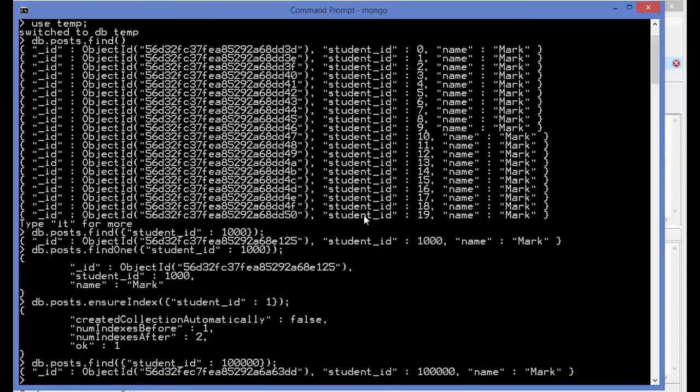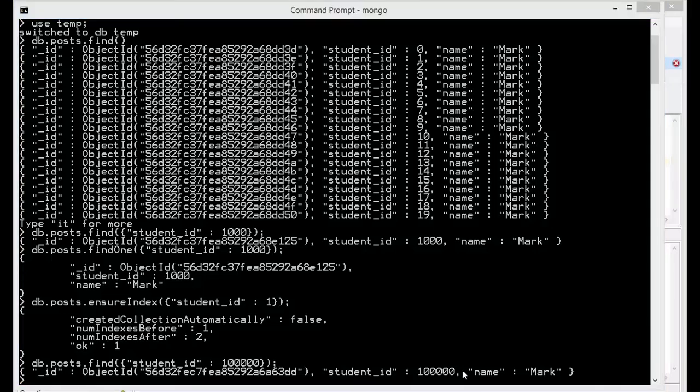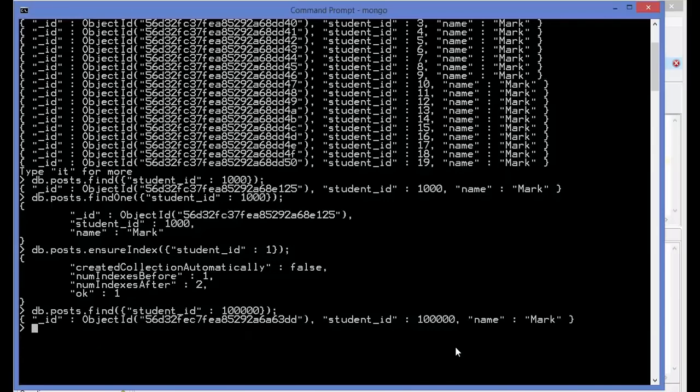So you may want to restrict yourself while creating the indexes. So in this way you can create the index. Now, how can you remove an index? In order to remove our index, what you can do is give the same command, and instead